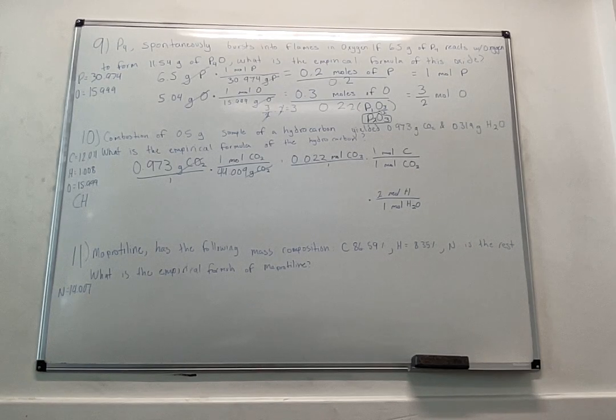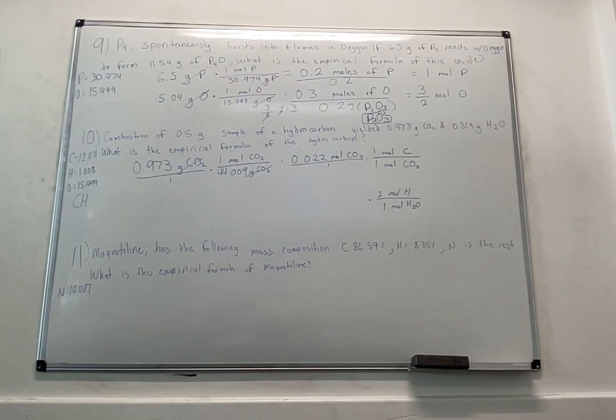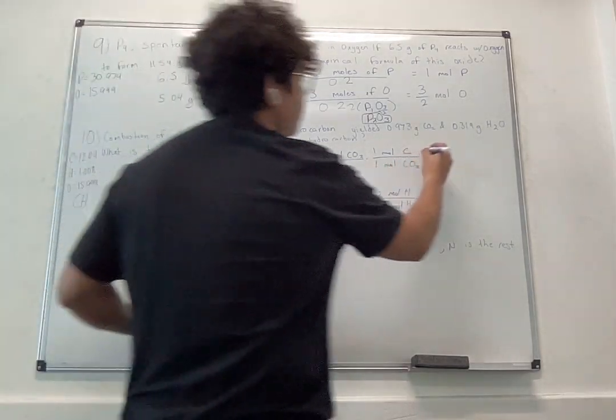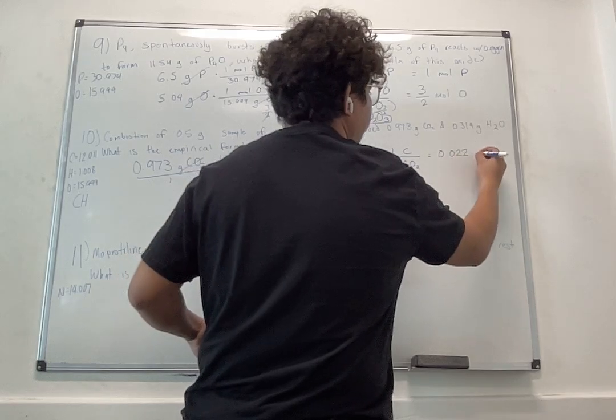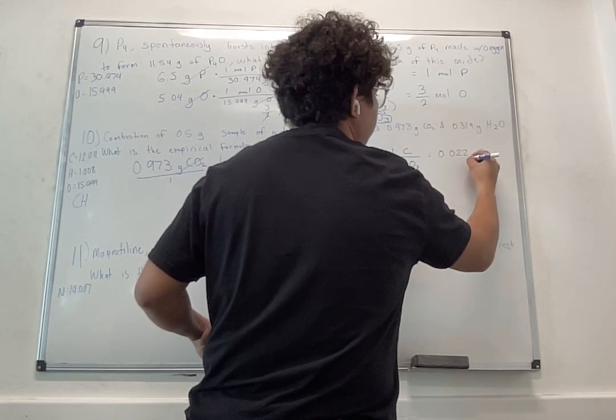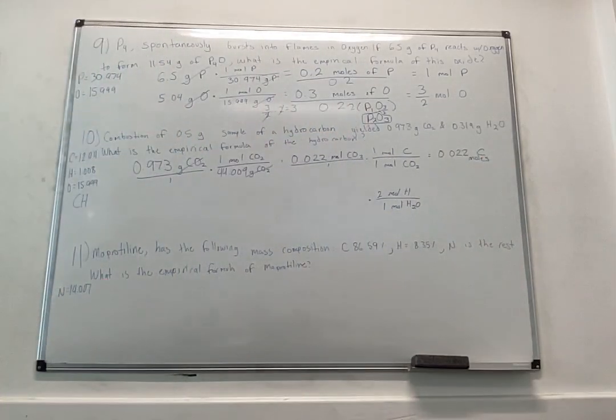Okay, so after you do the top part, back to the top part, 0.022 times 1 over 1, well, that's the same thing. That would equal 0.022 carbon, or moles of carbon. All right, so go ahead, pause this video,